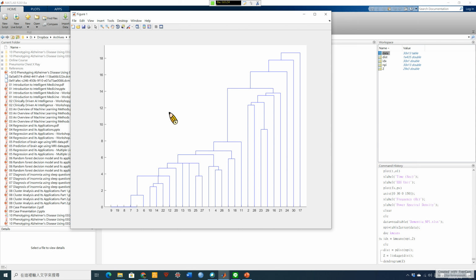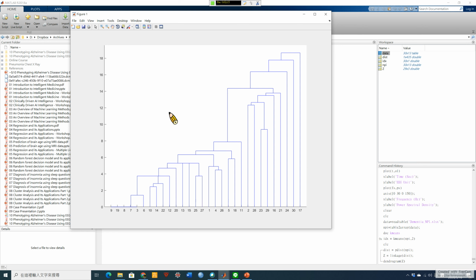Are they similar because of the symptom profiles, or the laboratory tests, or brain imaging, or even cognitive functions, or neuropsychiatric symptoms? That is a very important thing, because the way you define the similarity will determine how you